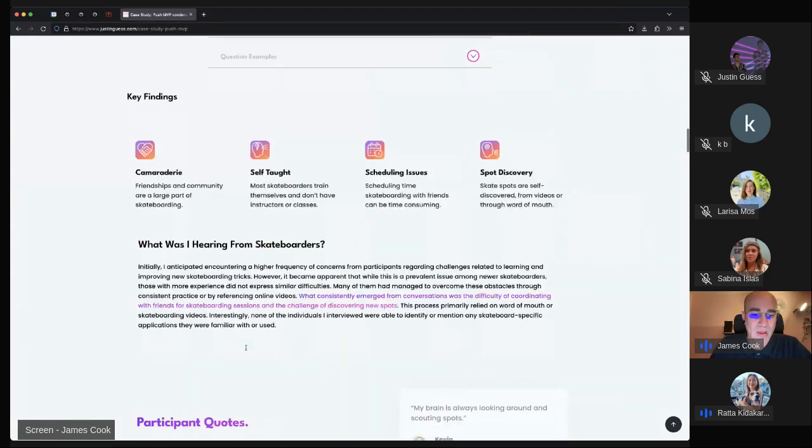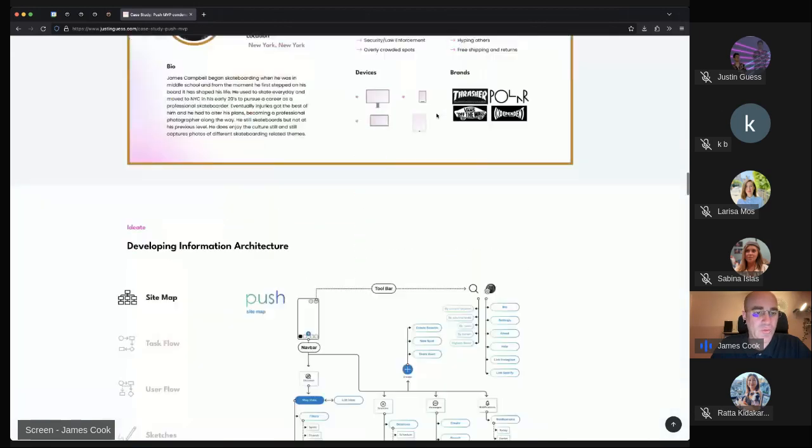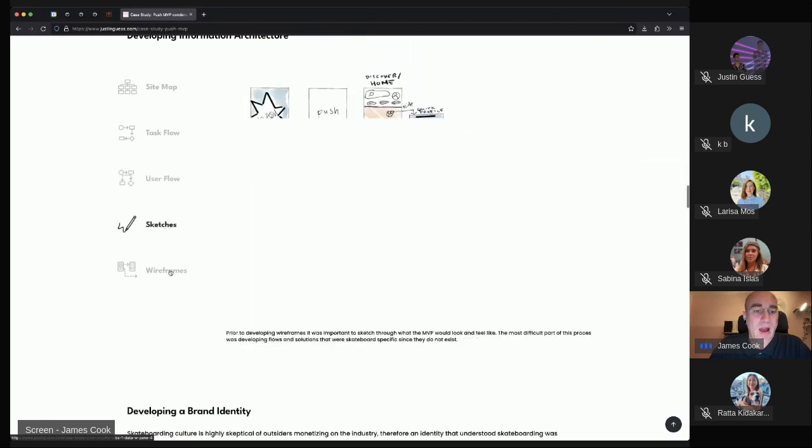Okay, Key findings. Cool, I'm going to give it 2 minutes. Key findings. Again, there's some good information hierarchy here, right? You've got a little icon that represents the idea. You've got the subheading, which I can just keyword scan, and then some detail if I want it. Quotes always good. Persona, cool. IA, yeah. Oh, I like this very much. I'm now